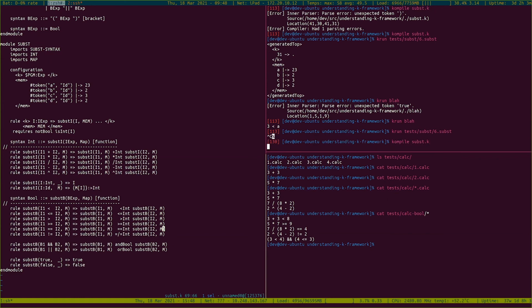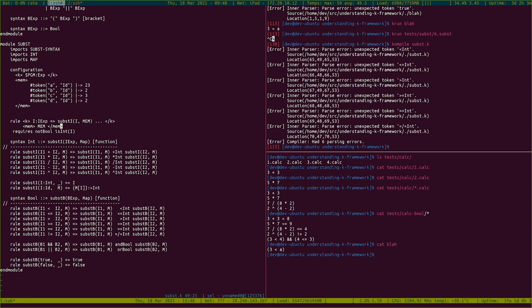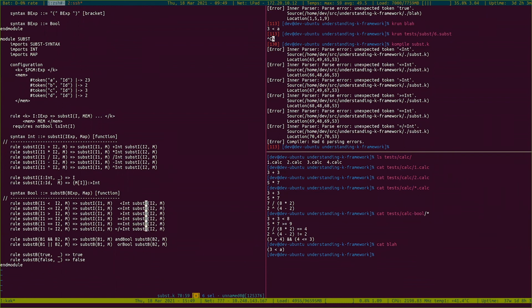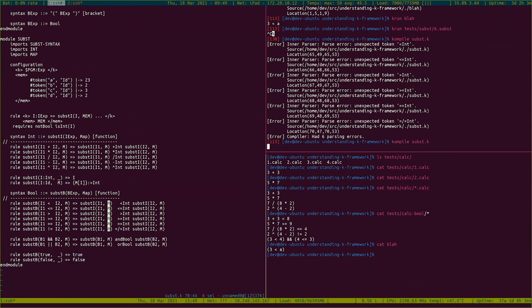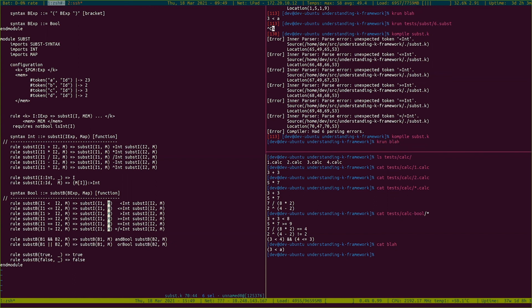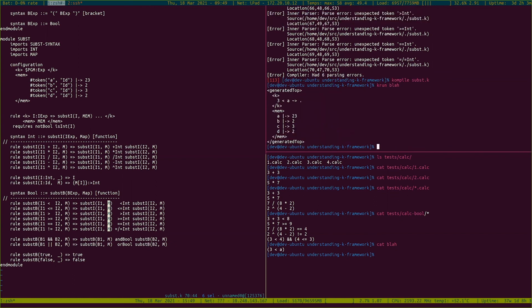So I'll compile that. And the file blah has 3 less than 0 and it's complaining about something. Yeah. So these become substI's because these are IX presents underneath. And it's happy with that. And so we can run blah. And 3 is less than A does not get evaluated because we haven't told it to actually take Boolean expressions and evaluate them. So we can do that